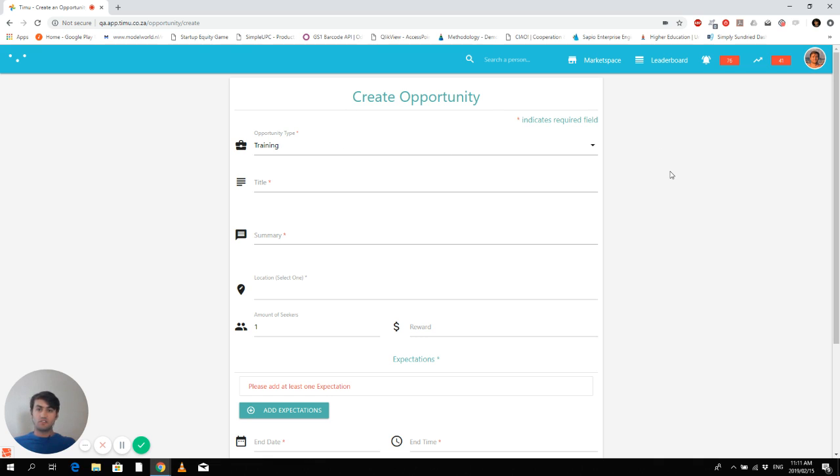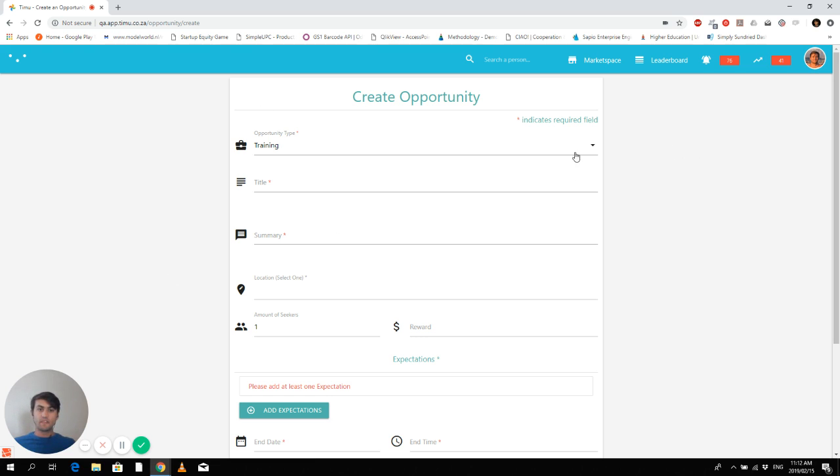So just so that you know, it's not just sign up to Timu and get started with this. There is a verification process. This is to create safety for all of our users on the platform so that people can't create fake profiles and invite opportunity seekers to locations where they might not be safe. So there is a bit of a verification process in this, but if you have been verified, you will be